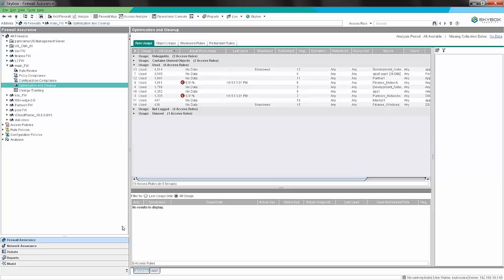Another use case here uses our trace data feature. Skybox has the ability to show ports and IP addresses associated with traffic passed by a rule. This can be especially helpful when attempting to trim down an overly permissive rule that contains large objects or the any object. When we highlight rule number 9,